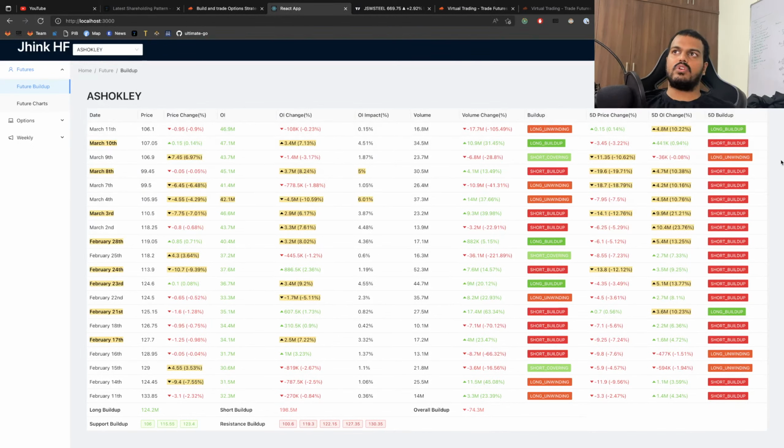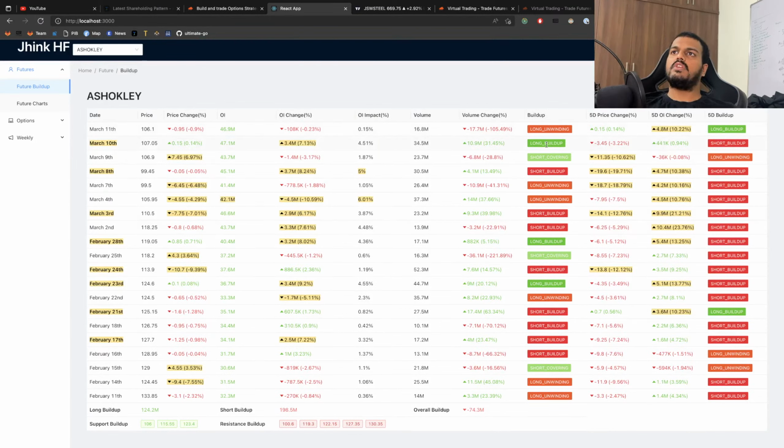So what we have to look at in this kind of scenario is this one, which is long build-up. What's happening here with the long build-up is, from within the 5th day, what is the change which happened? That is 5 days before from now. It was at 91, and then it was 41.4, and now the build-up is 46.9. That is a huge long build-up as a whole. So this is the percentage OI change from the last 5 days.